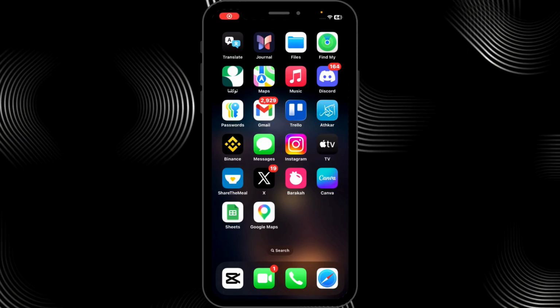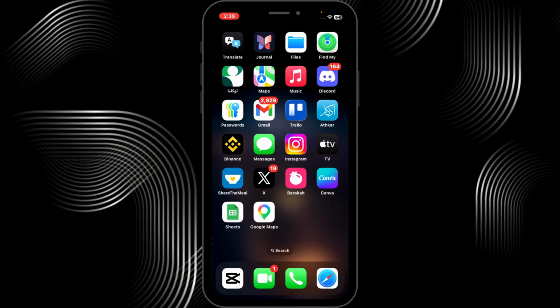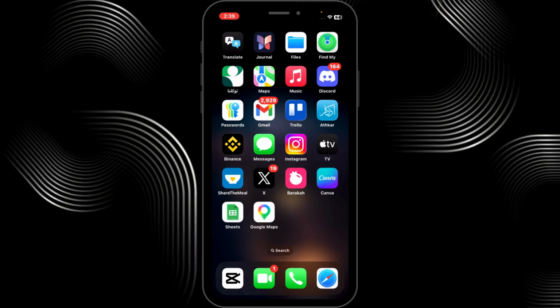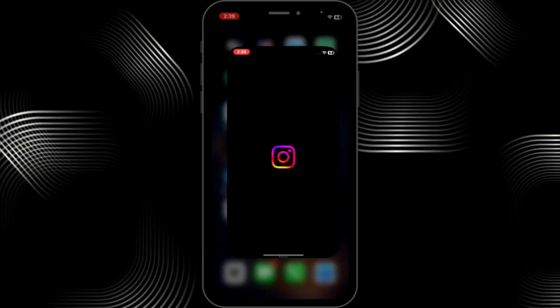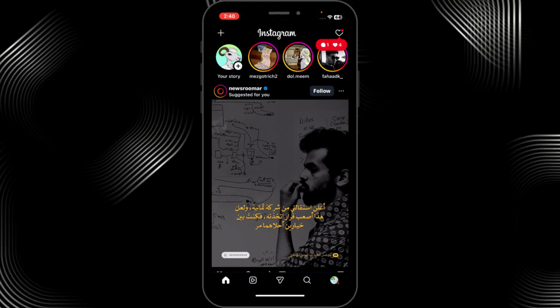We're going to guide you through how to schedule Instagram posts using the native app. To schedule posts, reels, or carousels natively in the Instagram app, go ahead to the Instagram app, create your post